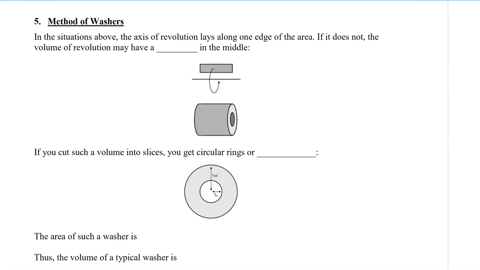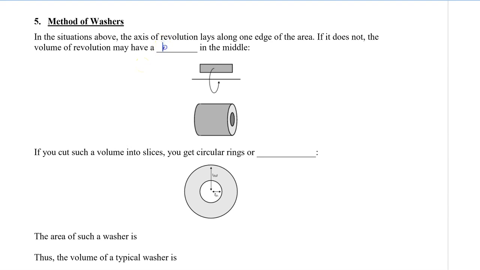All the volumes that we have found so far involve solids that were filled in. By filled in, I mean that the axis of revolution lay along one edge of the area, so that when we rotated, it was solid. However, if it does not lay on one edge of the axis, then the volume of revolution may have a